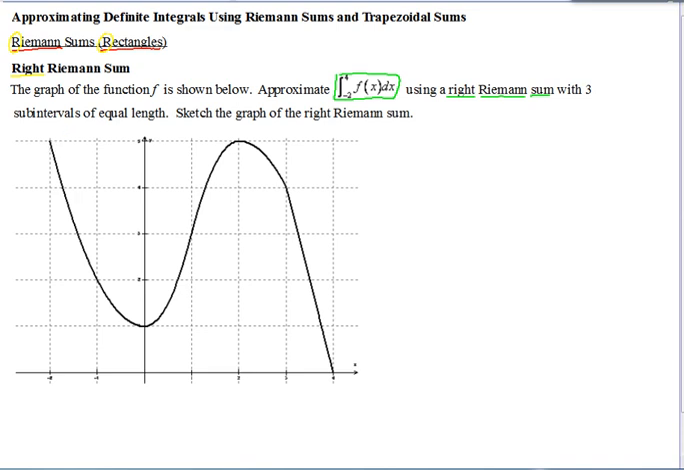It says 3 subintervals of equal length. Sometimes the subintervals are going to be equal, sometimes they won't. This one they are. And then we're also going to sketch the graph of the right Riemann sum to show how we're approximating using these rectangles. So if you have equal subintervals,